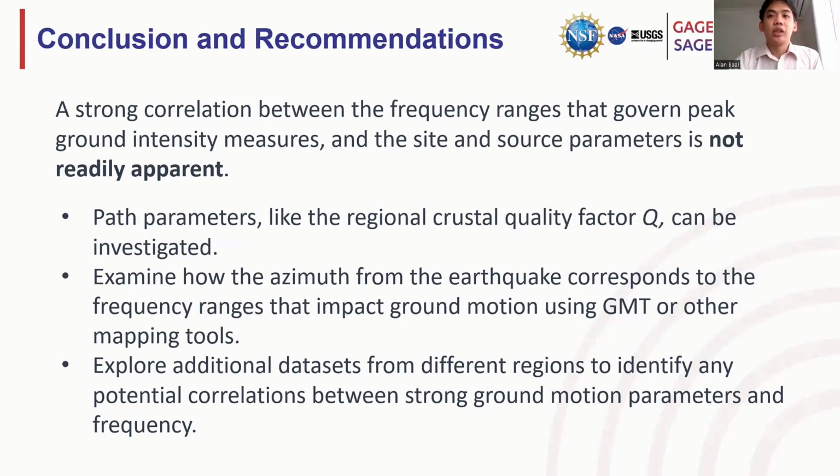In conclusion, a strong correlation between the frequency ranges that govern the PGA or the PGV and the site and source parameters is not readily apparent. Recommended future work related to this project includes investigating path parameters, like regional crustal quality factor Q. Researchers may also examine how the azimuth from the earthquake corresponds to the frequency ranges that impact ground motion using GMT or other mapping tools. Moreover, additional datasets from different regions can be explored to identify any potential correlations between strong ground motion parameters and